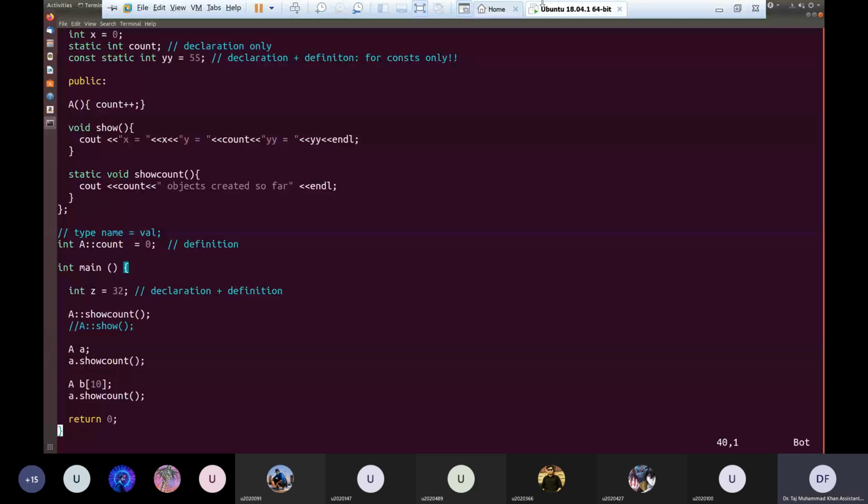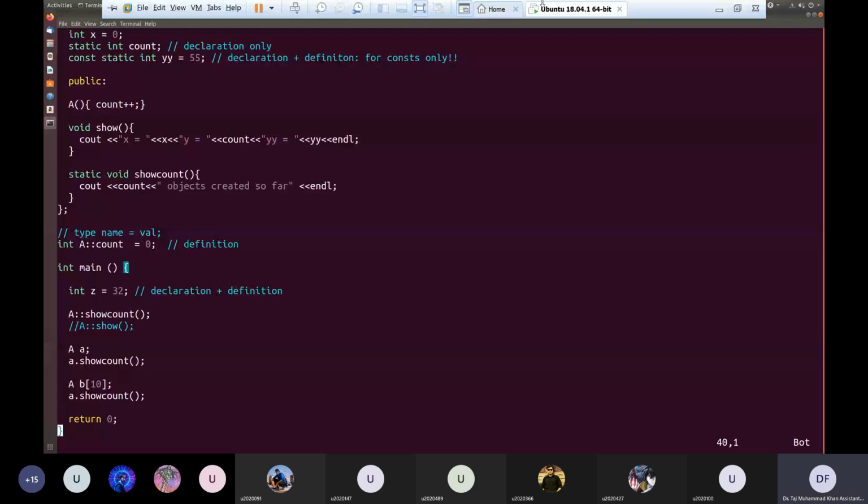So normal member functions can access both types of variables, whereas static member functions are only allowed to access static member variables. They cannot access normal non-static member variables. Why do you think this restriction is in place?